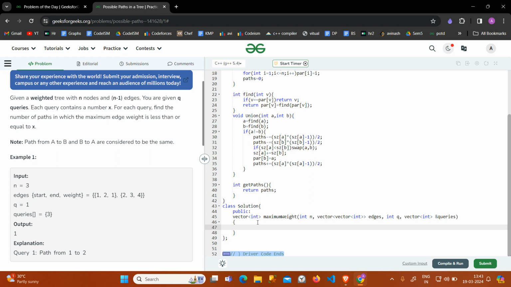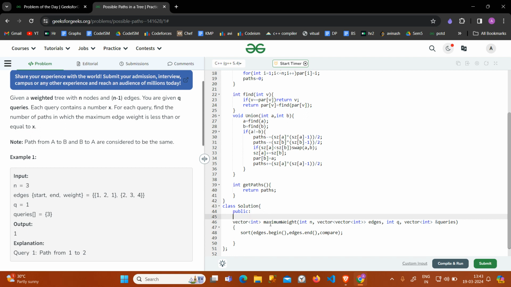I have already discussed why I am doing so, because whatever graph we have created for x1 will also be applicable for the graph when we are solving for x2. So that's why we have to maintain increasing order. So I can say sort edges.begin, edges.end. And since we have to sort according to the weight of the edges, we will have to make a comparator function,